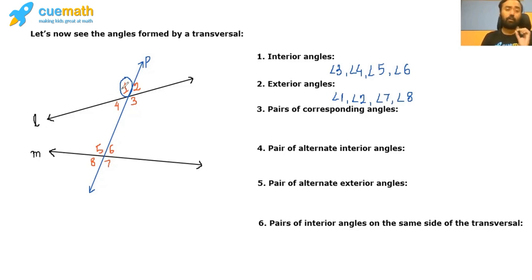Now, if we look at the first condition, that is to the left of P, we have 4, 5, and 8. Now, the second criteria would be the top of the line. So, top of the line is only satisfied by one angle, and that is angle 5. So, we can say that angle 1 and angle 5 are a pair of corresponding angles.